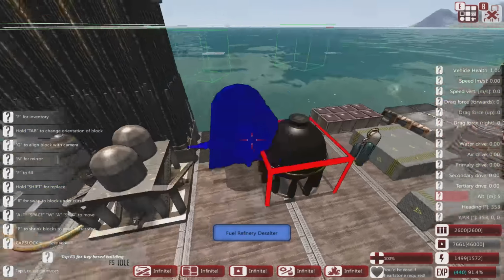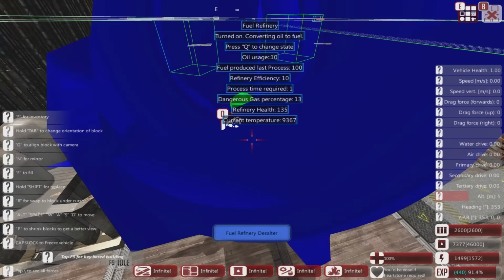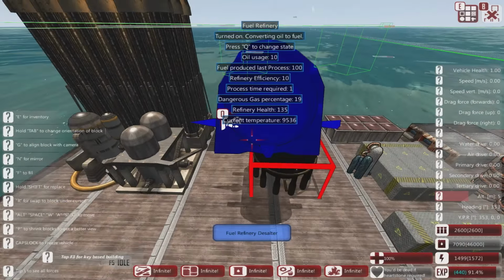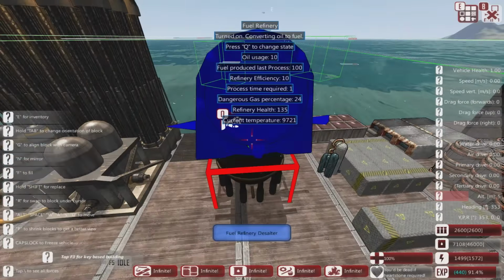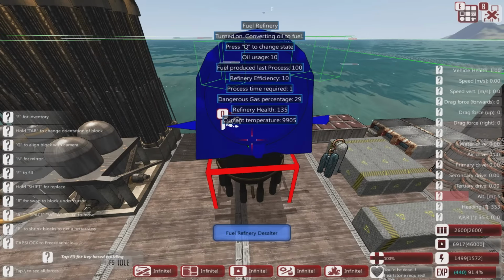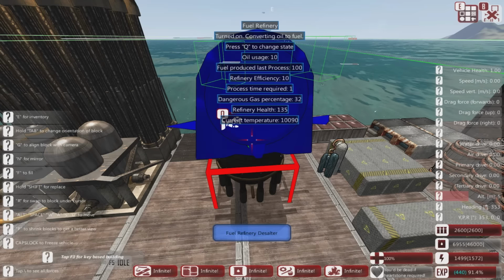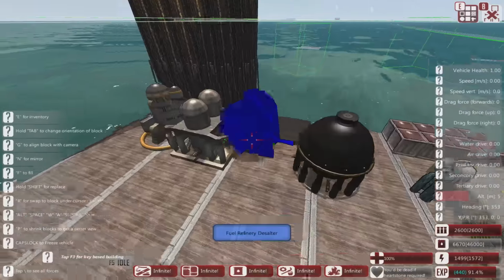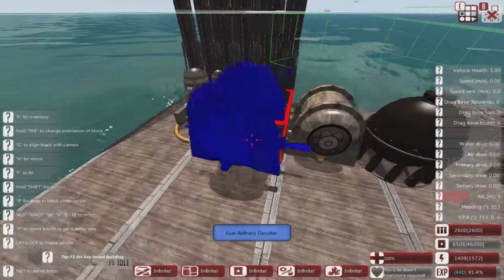So on the item on its own, if we turn it on, there we go, it's now starting to produce fuel, but you'll notice there's a couple of problems here. One, it's no better than the small one, so it's producing the same amount of fuel. You also notice that the dangerous gas percentage is going up, which we'll get into a little bit later, but it's not really producing much better than it currently is. So if we were to add this desalter as our first item,